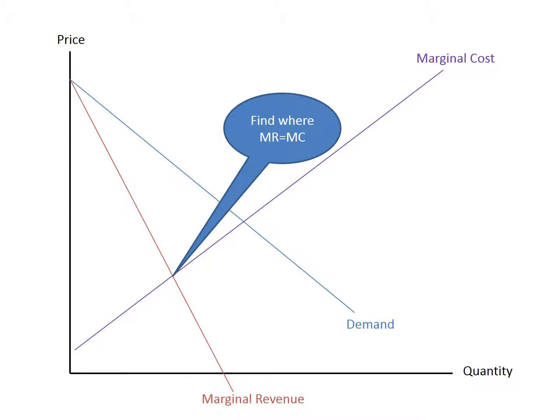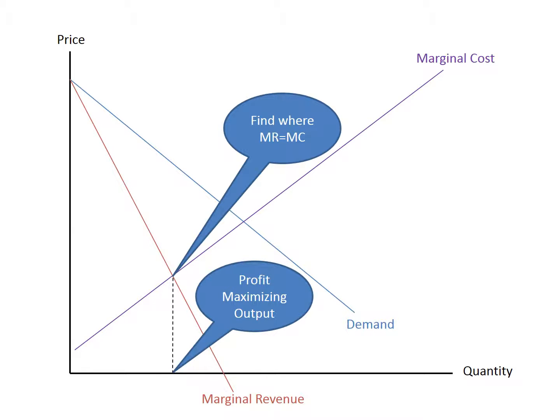First thing we want to do is find where the marginal cost and marginal revenue curves intersect. Remember, the monopolist wants to keep producing so long as marginal revenue is greater than marginal costs. So let's find the point exactly where that stops being true. All right, after we found where marginal revenue equals marginal cost, we drop down to the quantity axis, and that is going to tell us the monopolist's profit maximizing output. Because, right, you want to keep producing so long as marginal revenue is greater than marginal cost, and then you don't want to go past that point. So if we drop down from where the marginal revenue and marginal cost curves intersect, that gives us the profit maximizing level of output.